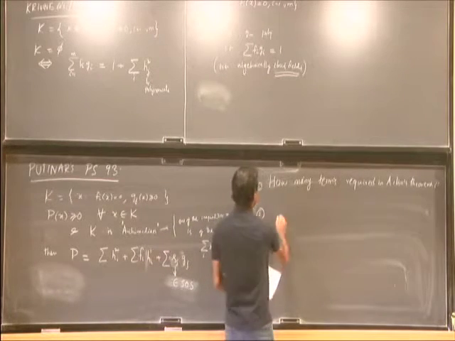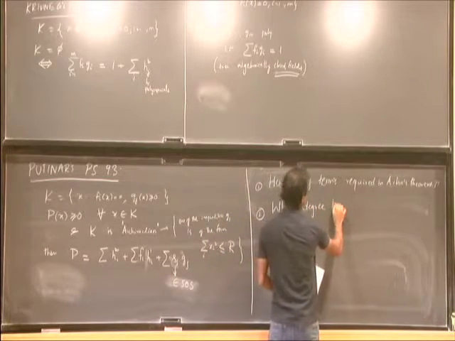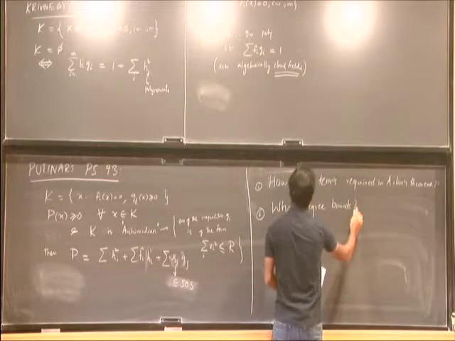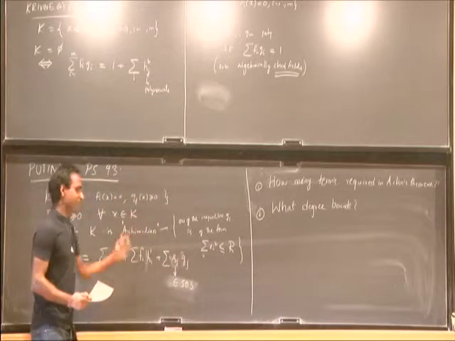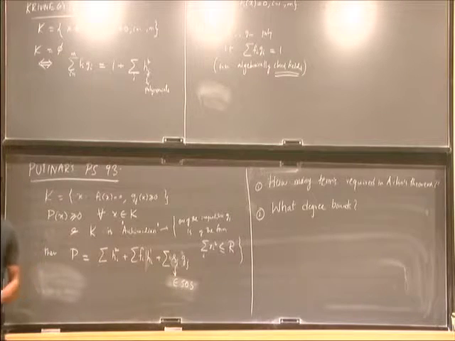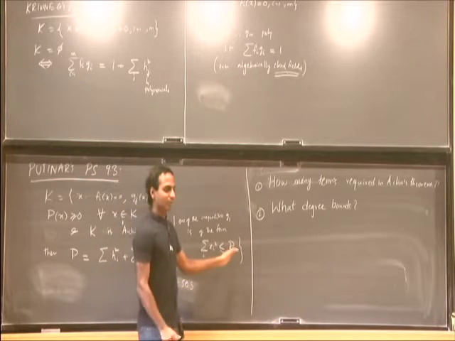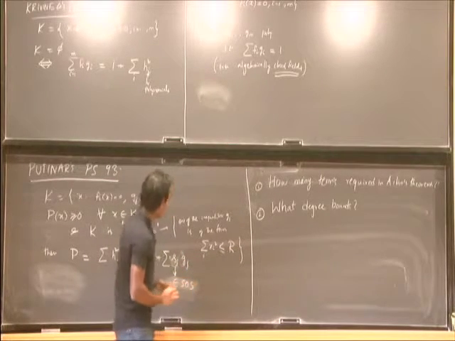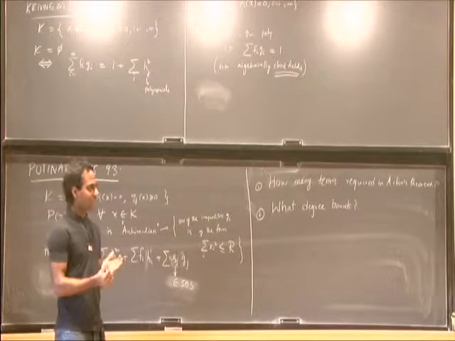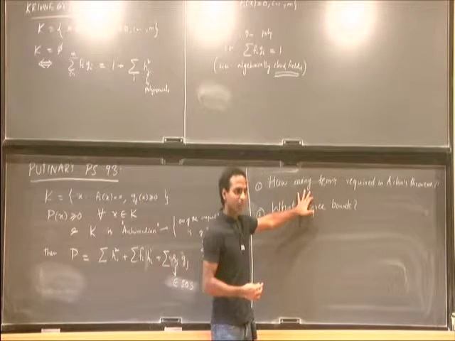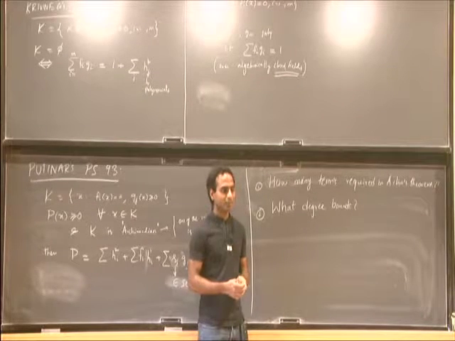And also, what degree bounds? For instance here, what degree bounds can you put on the Gjs, on the His and so on? With the Nullstellensatz, the degree bounds are, there are some lower bounds and some upper bounds. The Positivstellensatz is not understood, but the Nullstellensatz is much better understood than the how-many-terms part. Still, even in the Nullstellensatz case, it's not completely understood. There are some gaps.